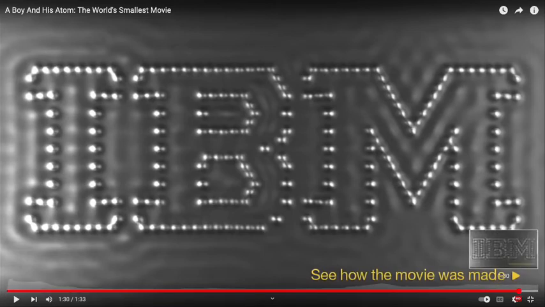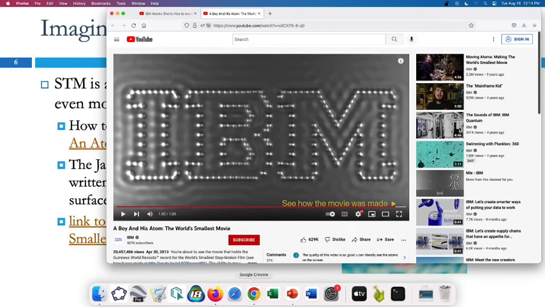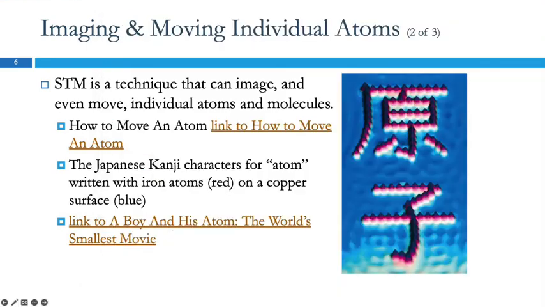Anybody have any questions? It's not going to win any Emmys. I like how the first thing we do when we learn how to move atoms is make a silly movie about a ball bouncing around. Or we write things with the atoms, right? I think scientists may have a reputation of being stuffy and boring, but actually we have deranged senses of humor. And so, yeah, we do stuff like this.